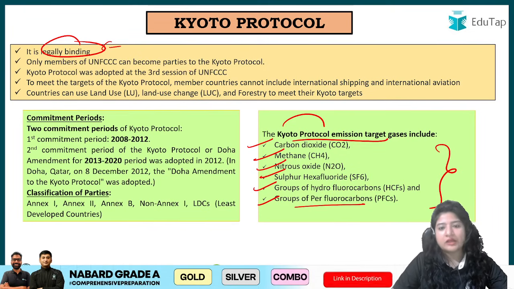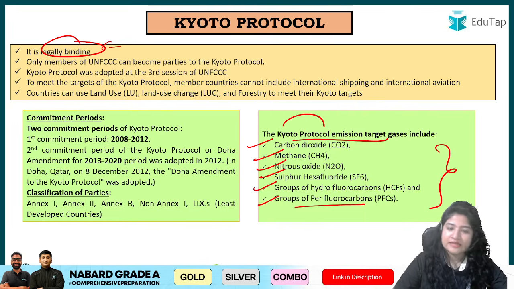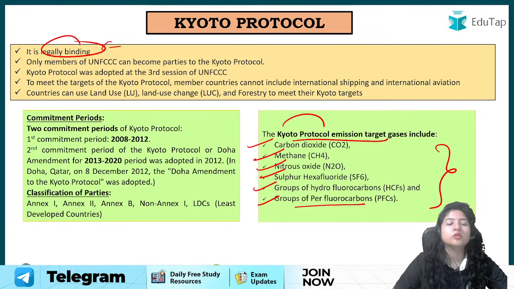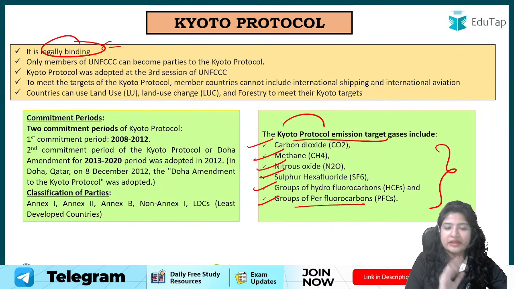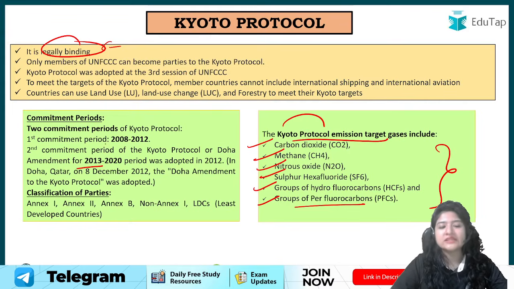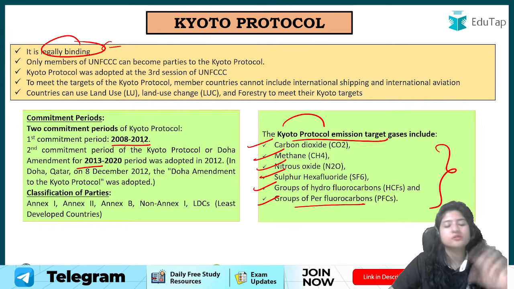ठीक है, तो क्योटो प्रोटोकॉल आपका किसके लिए? ग्रीन हाउस गैसेस का है. And when I was talking about protocol, I told that in future it can be amended also when we looked at the definition, right? So in Kyoto protocol there were some amendments that were done in the second phase. So first commitment period was 2008 to 2012.